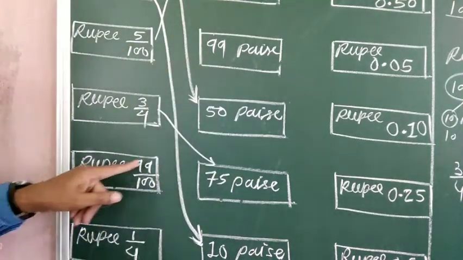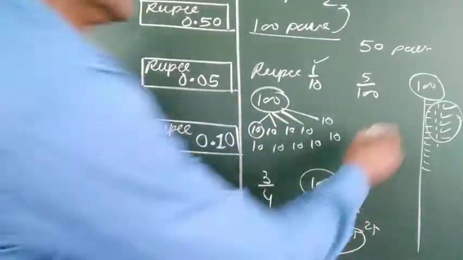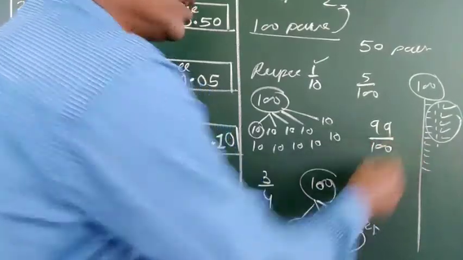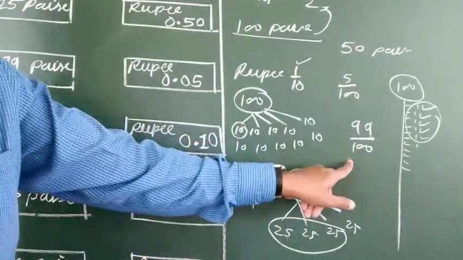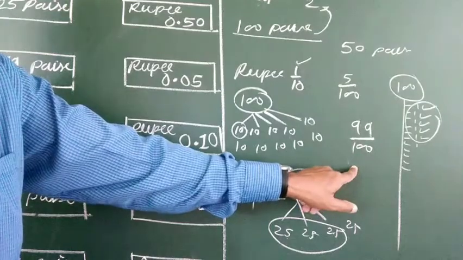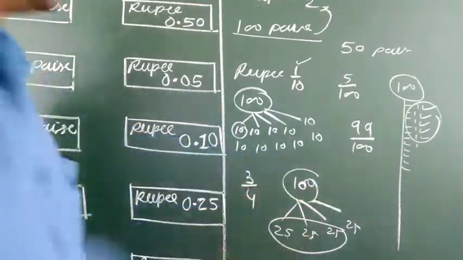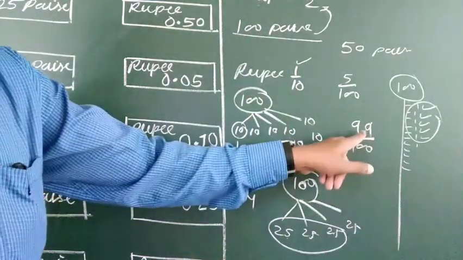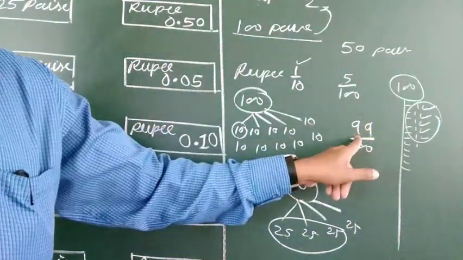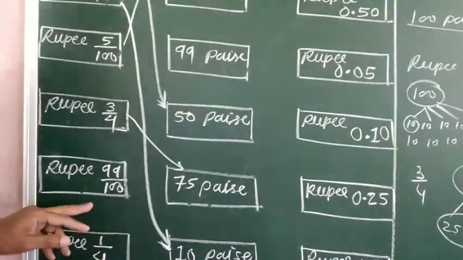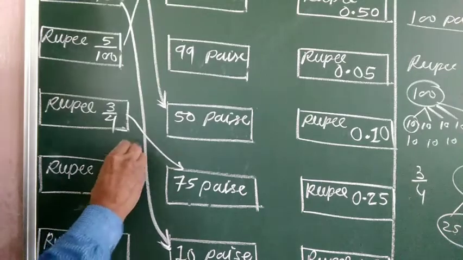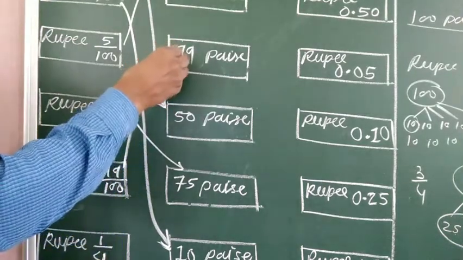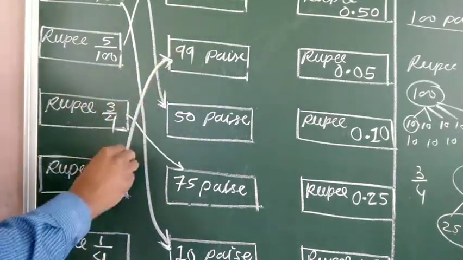Now rupees 99 by 100. So see again here, 99 by 100. So it means we have to make here what? 100 parts. What do we have to do here? 100 parts, like this only. So there will be 1 paisa in each part, and then you have to take 99 parts. So its value will be 99 paise. 99 paise out of 100 paise. So this will be matched with this one. Okay, this one matched with this, beta, and this one matched with this.